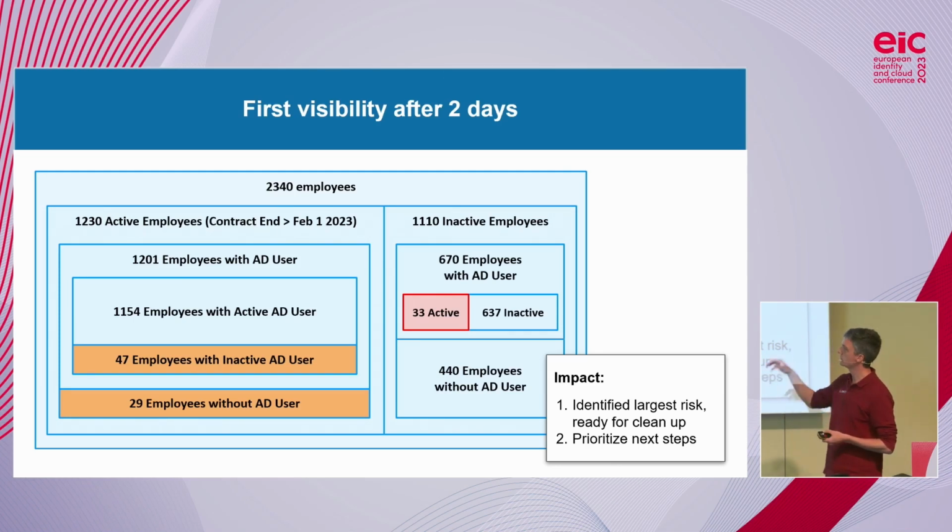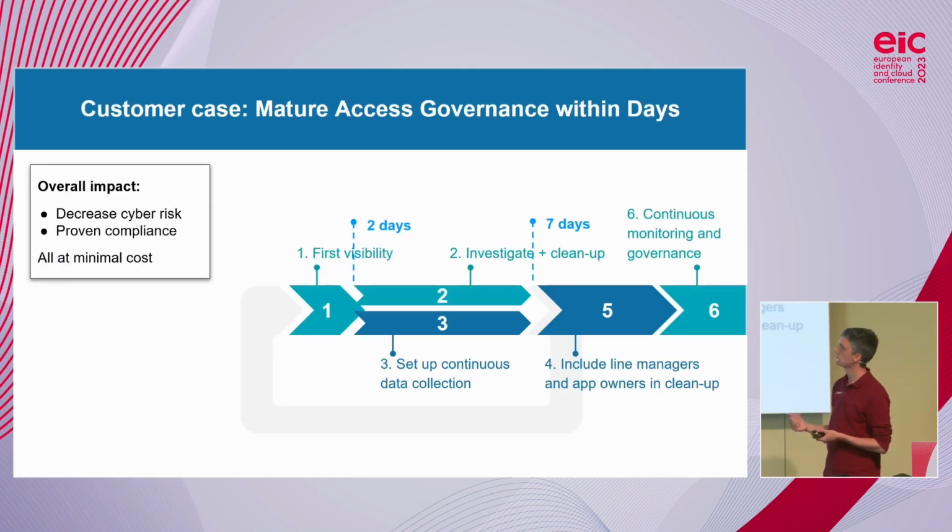And so really the goal here was to identify this, which we achieved in a couple of days, and in the coming week, they actually removed all of these, which was the perfect signal or the perfect evidence for him to show that they could make steps in a short time. And so the overall impact there was decreased cyber risk, and then the next steps depend a bit on what the organization wants. In essence, you can repeat this exercise, this manual exercise, every 3 or 6 months. We can do it as a service as well, but most of the companies that we work with then go towards a more continuous setup.